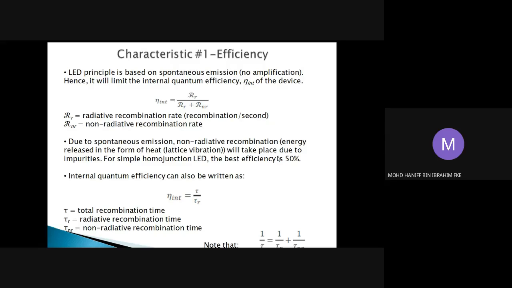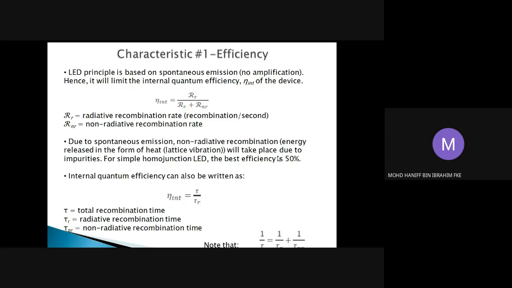But there is a case whereby we have impurity atoms, in which when the electron and holes of these atoms recombine, no light or photon is produced, only